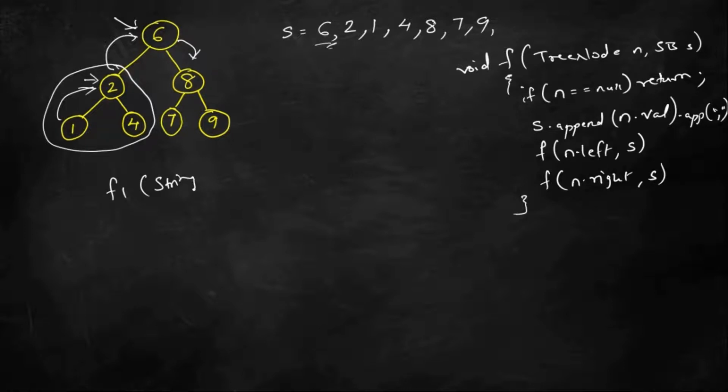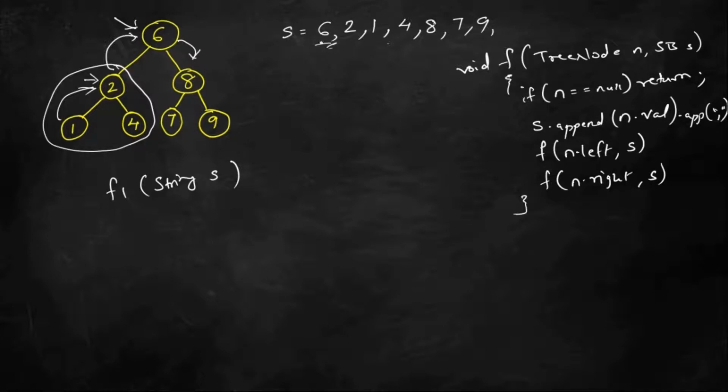So here initially we will have the string s. Now if you see, how do I decide, using this string, or rather the string array which we will get after splitting the string by comma, what are the child nodes of 6? If 6 is the root, there will be a left child and a right child. How do I decide which one is the left and which one is the right?